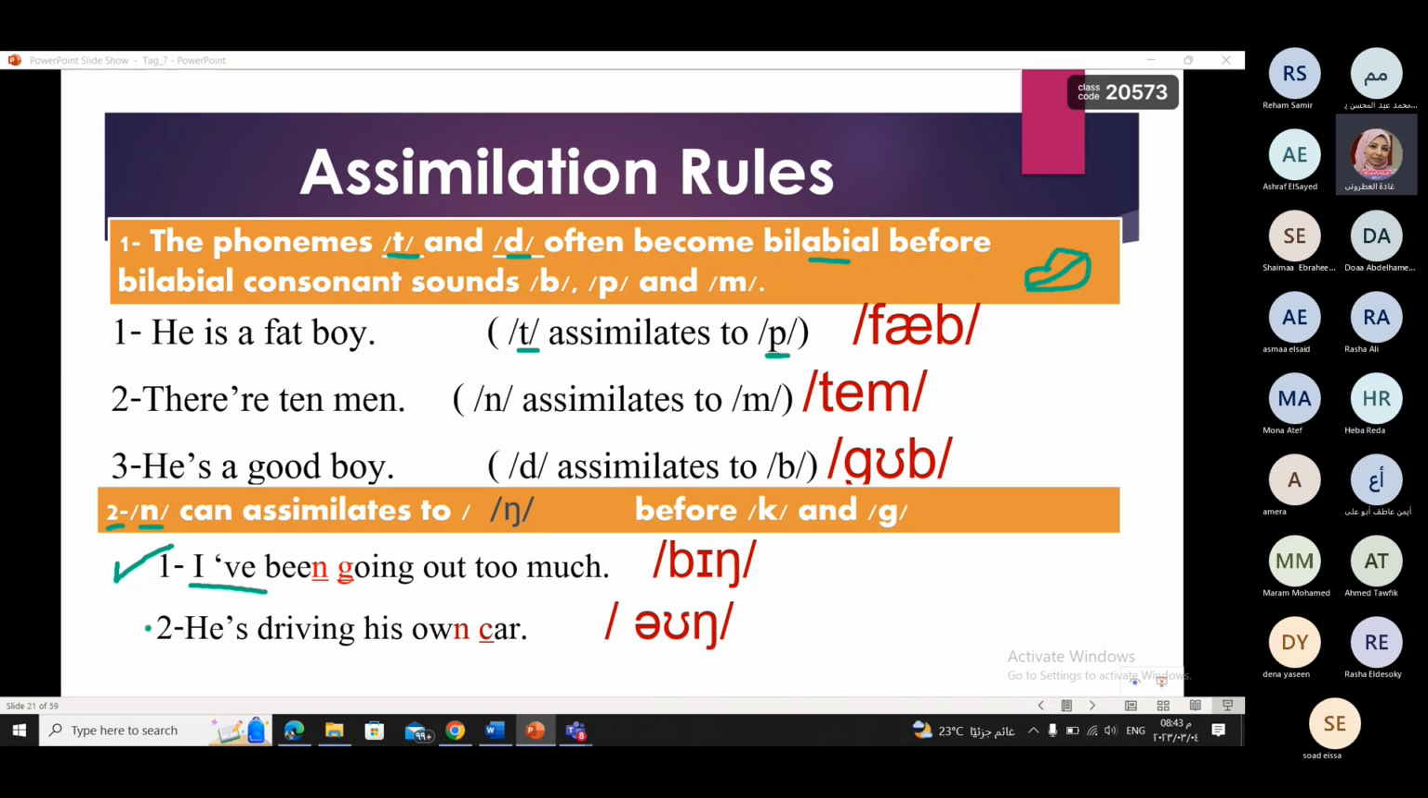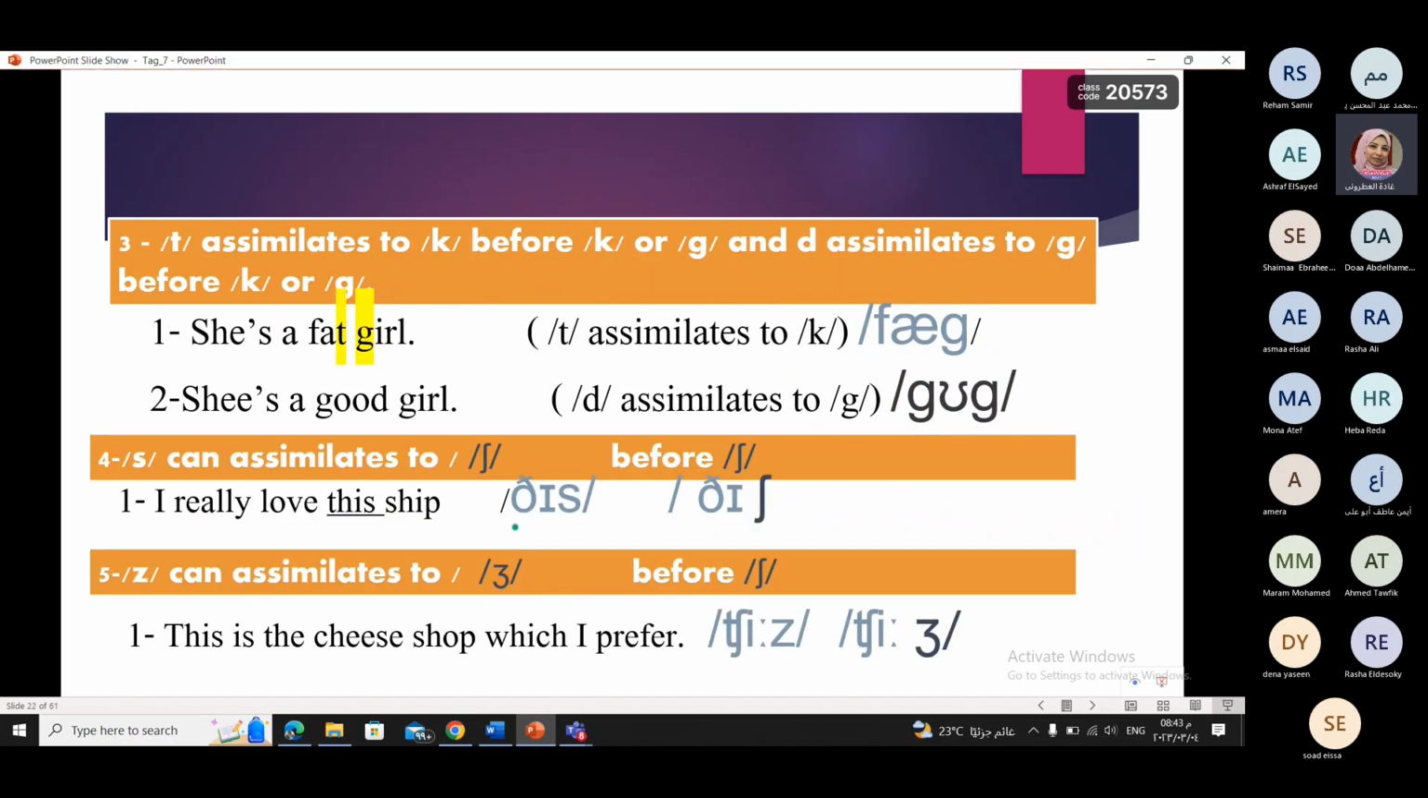What about number 2? "Has been driving his own car." Who is speaking? "He is driving his own car." Yes, he is driving his own car. So the N assimilates to the eng. Excellent. There are more rules, so I'm going to send these rules to you on the WhatsApp group,